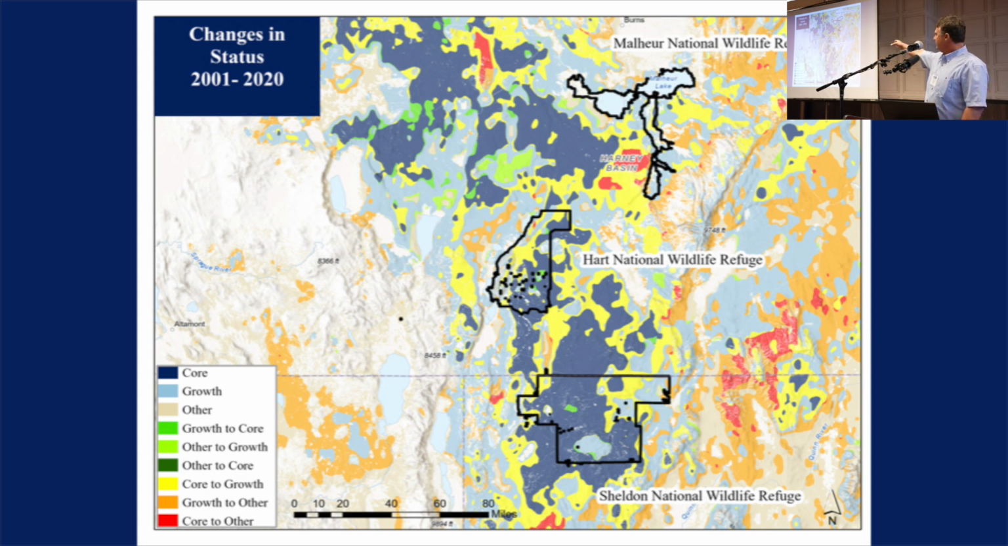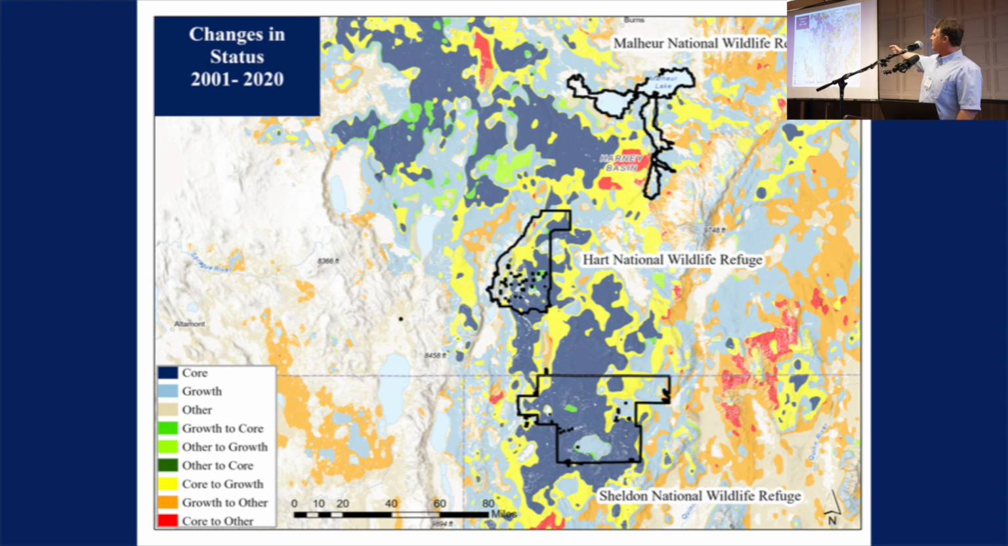So we're looking at Southern Oregon and Northern Nevada. You've got Malheur National Wildlife Refuge, Hart National Wildlife Refuge, and Sheldon National Wildlife Refuge. And if you look at where our refuges are on the landscape, they're right there in those core areas that we have left. So again, to defend the core and grow the core, these are spots we want to start to work and then work outward from,